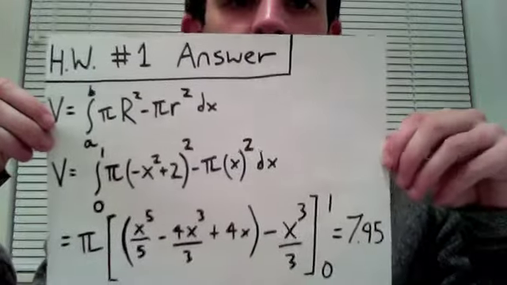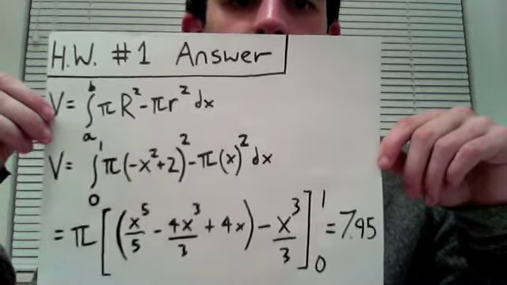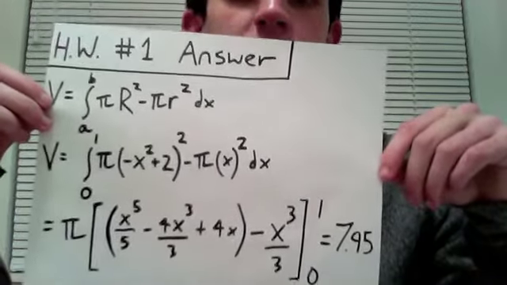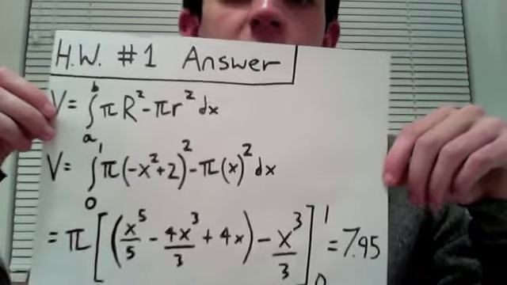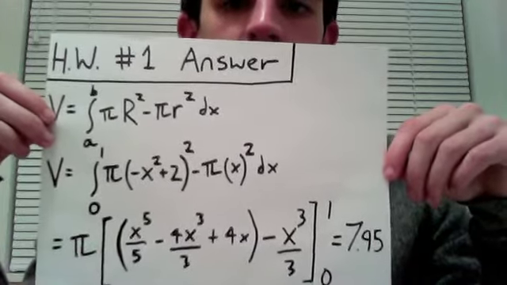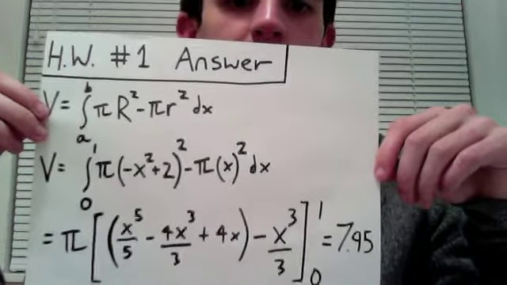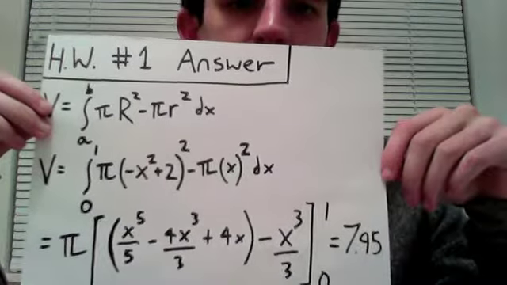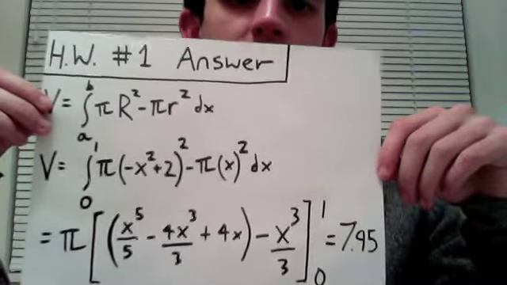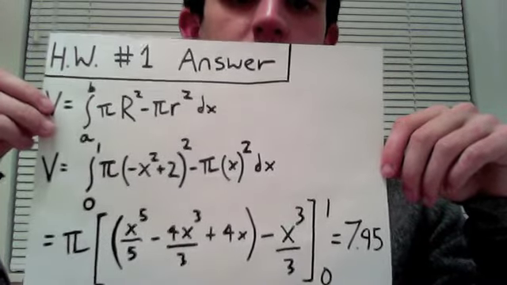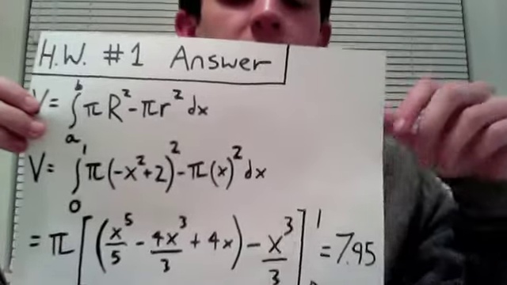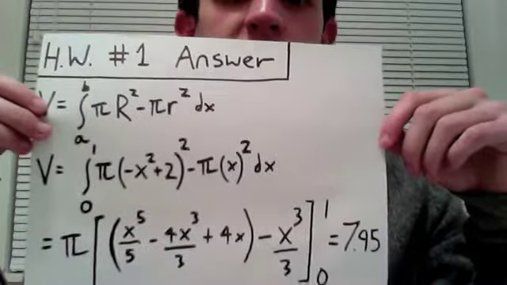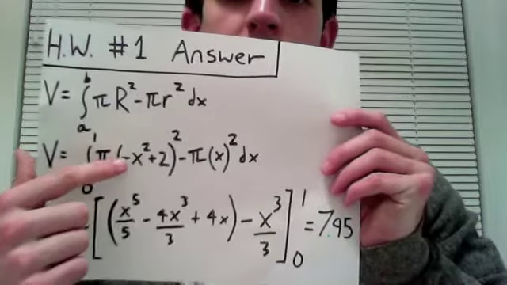As we know, the volume, when you're using the washer cross-section method, is the integral from a to b of pi times the big radius minus pi times the little radius dx. So for this, it's going to be from 0 to 1, since they intersect at 1, which is kind of coincidentally really convenient. It's going to be pi times the quantity negative x squared plus 2 squared minus pi times x squared dx. It gets pretty messy, so I actually just FOILed it out into the antiderivative,